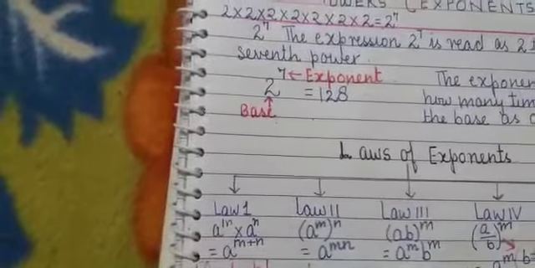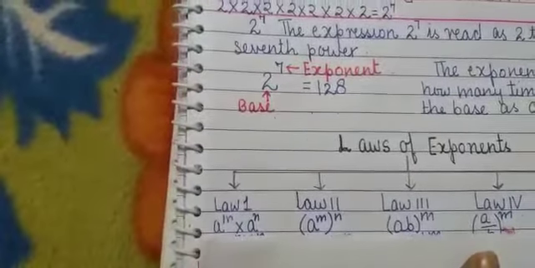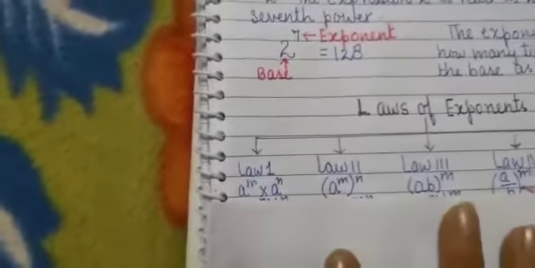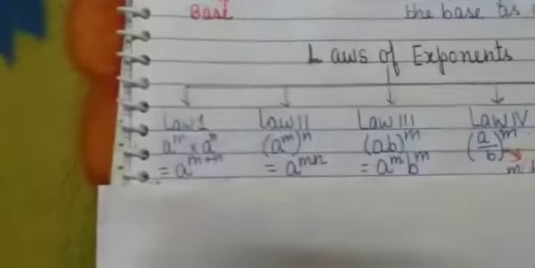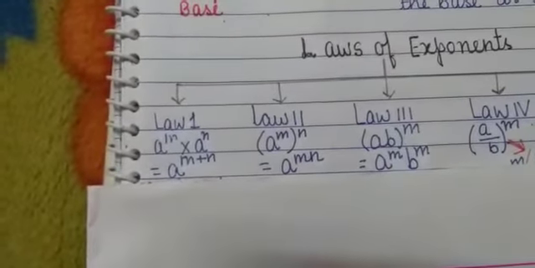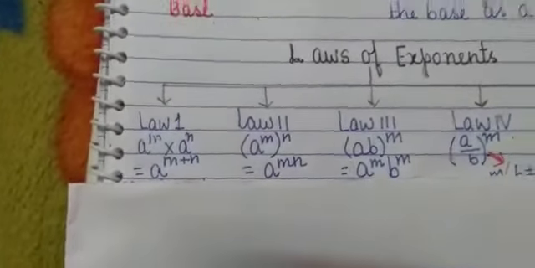Right? Now, just see. If I say a to the power m multiplied by a to the power n, we know when the bases are the same, the powers are added. So it is a to the power m plus n. And in a circular bracket, a to the power m, bracket close, to the power n, m and n will be multiplied. So it will become a to the power mn.